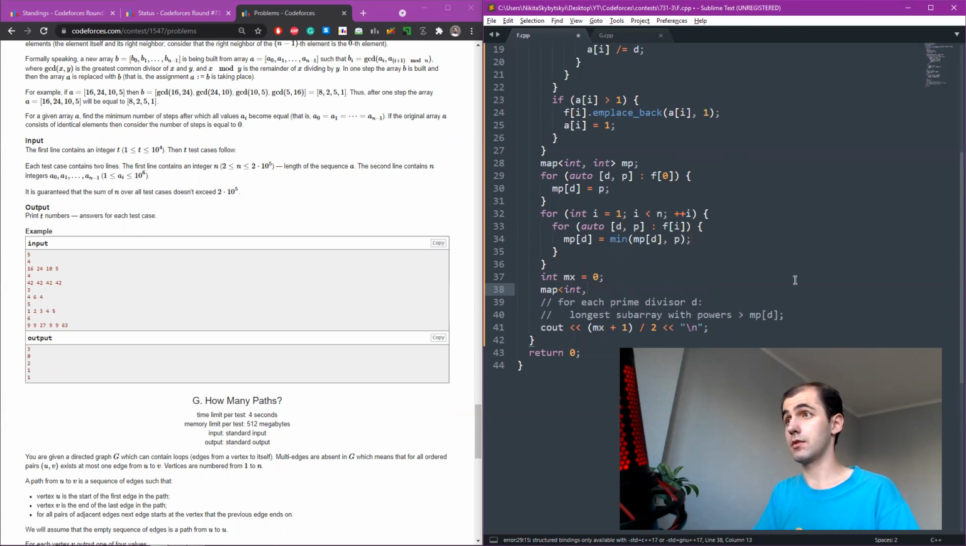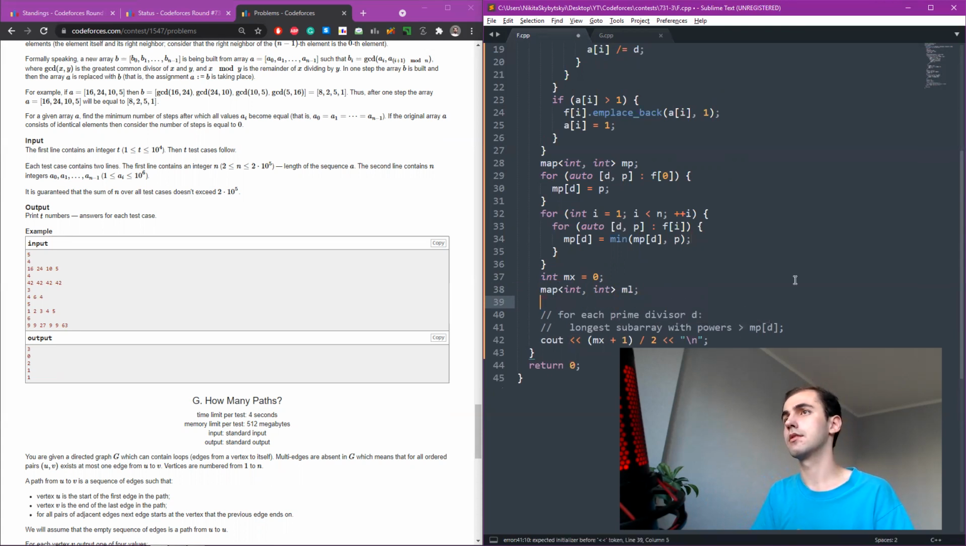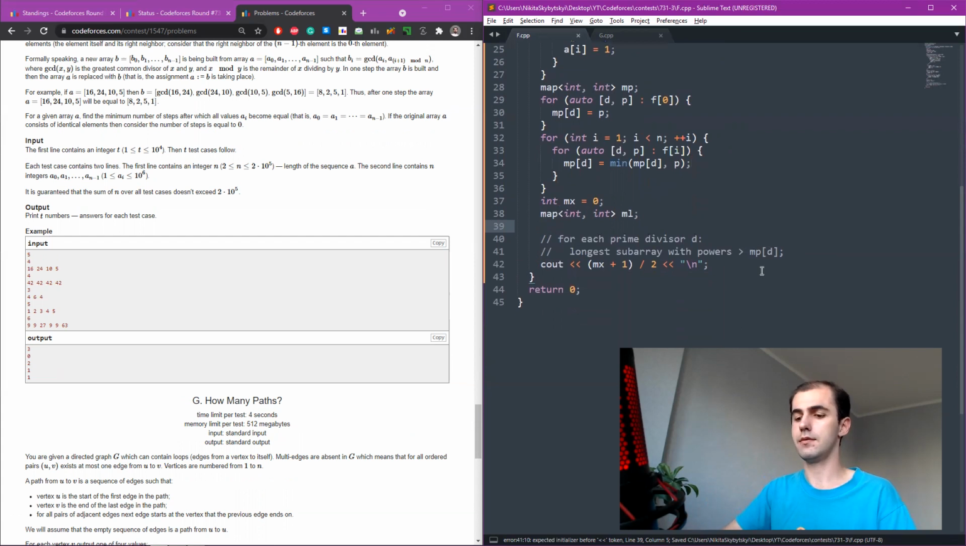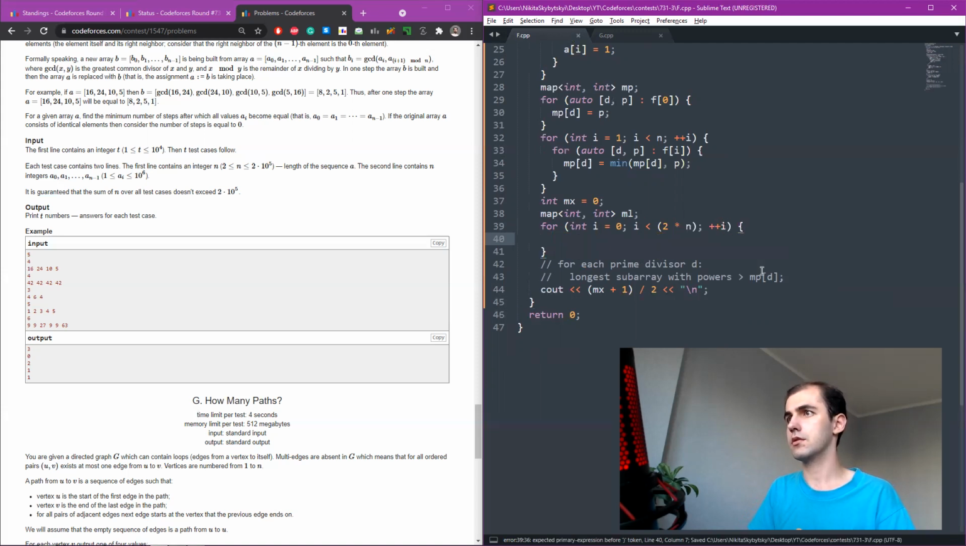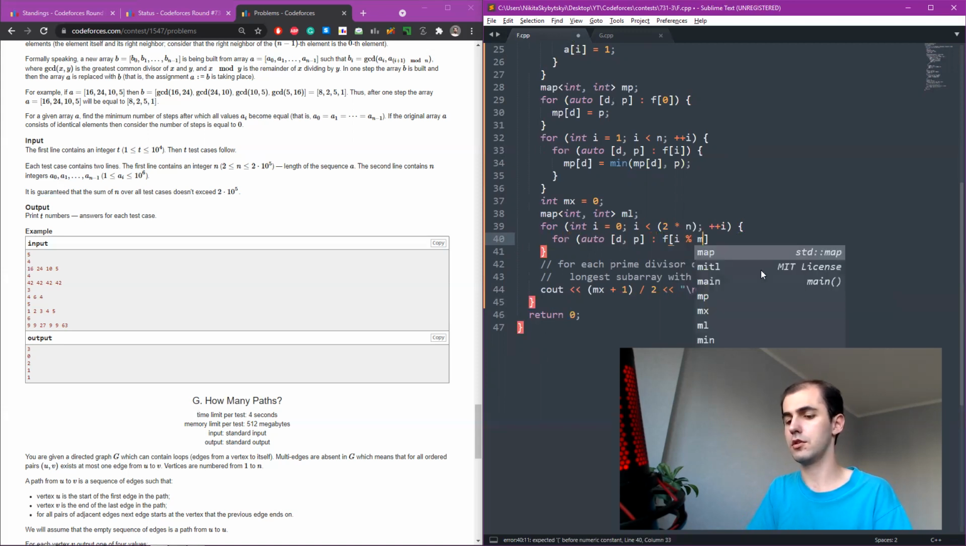Okay, map from prime divisor to length. Then we do the following. Because it's circular, I think we need to do the following so that we include all subarrays possible. So, for divisor, power in factors of i modulo n,